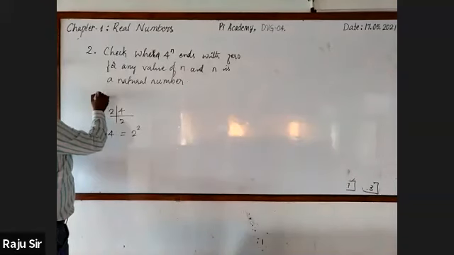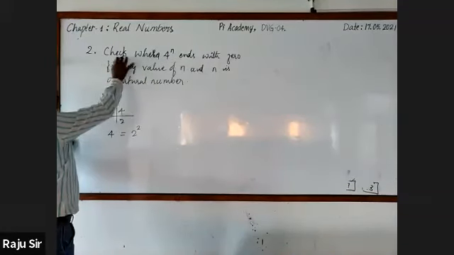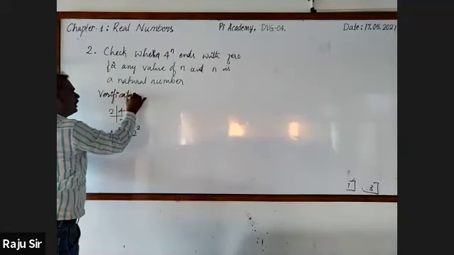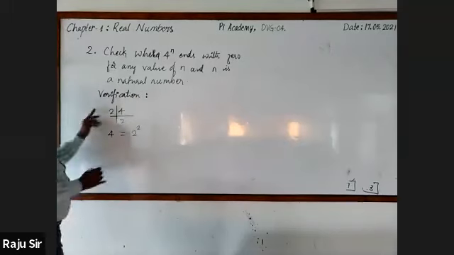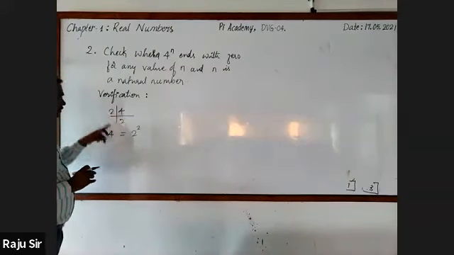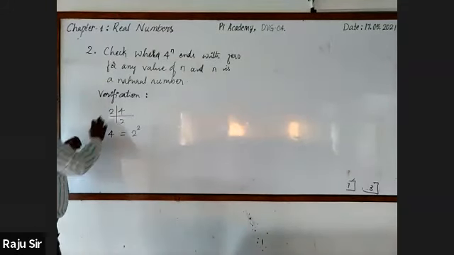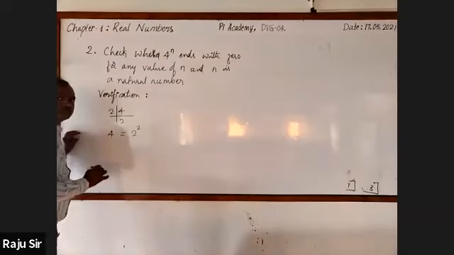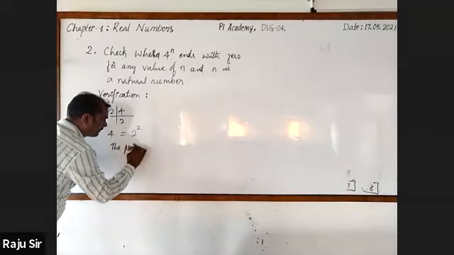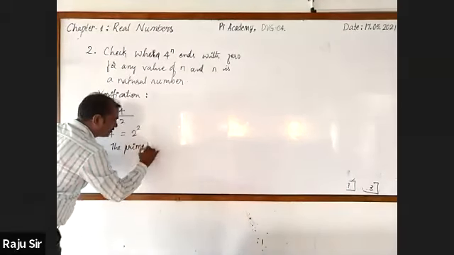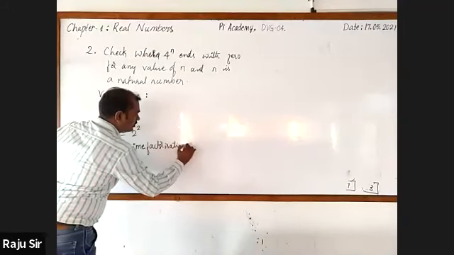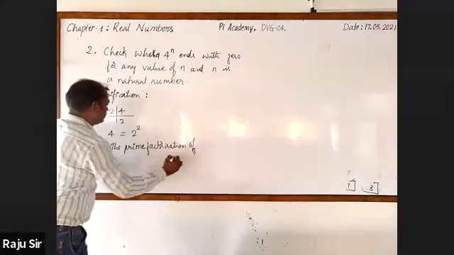Now, you may please go for writing as we are going to check. Verification. Don't write solution or answer. You have to write verification. 4, 2 2s are 4, then 4 equals 2 square. Here you should write the prime factorization of 4